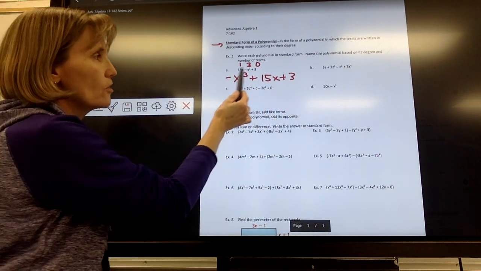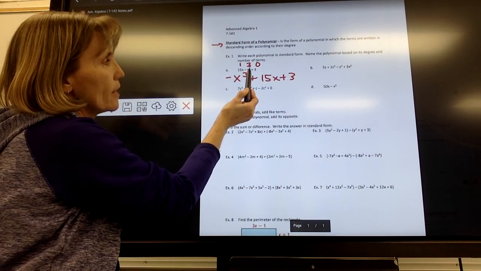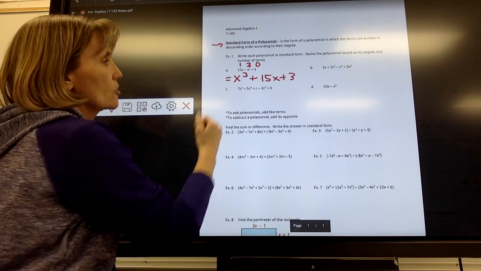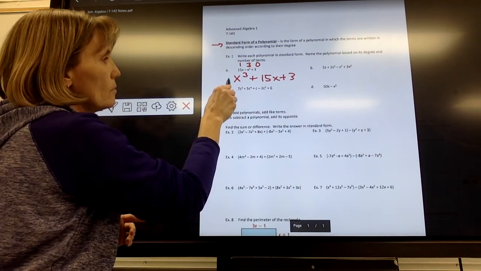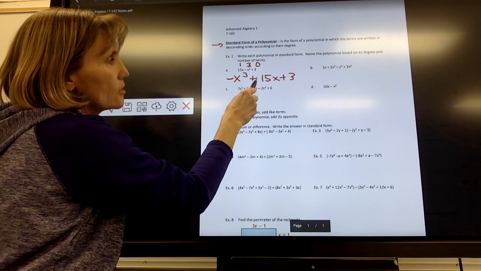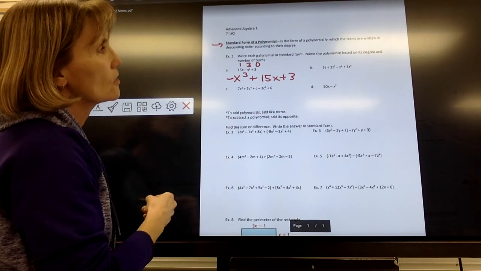Make sure when you move the terms around that you keep the sign with the terms. So this was a minus x to the third. So when I move it to the front, it still has to be a minus x to the third. This was a positive 15x, so when I move it back, it still has to be a plus 15x. So just watch your signs there. And then it says, then